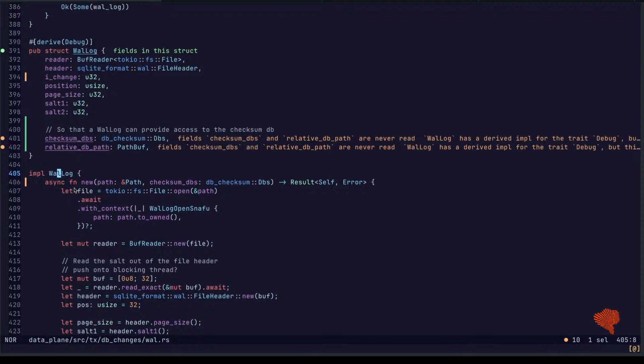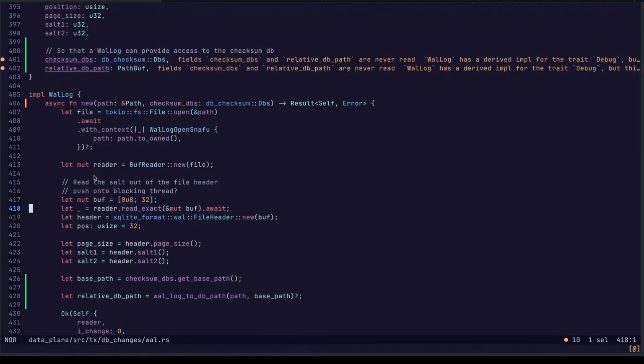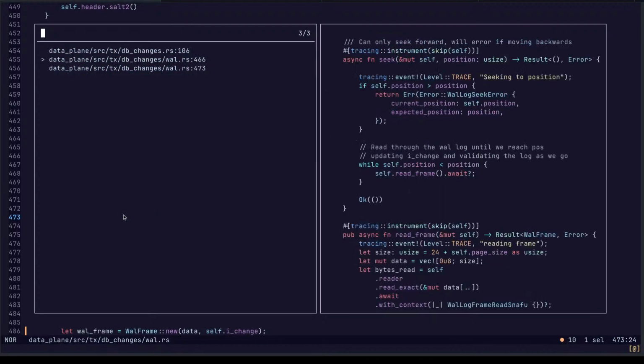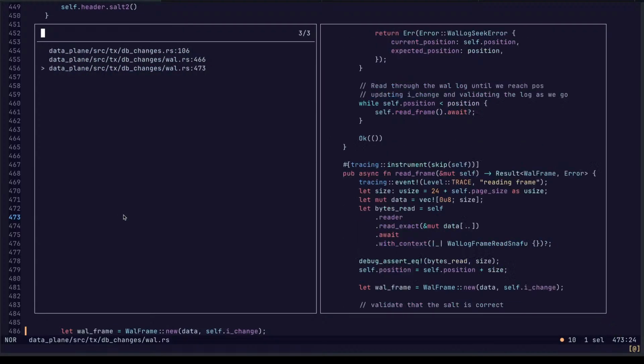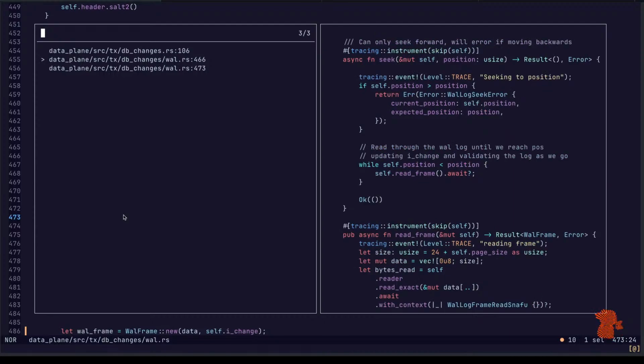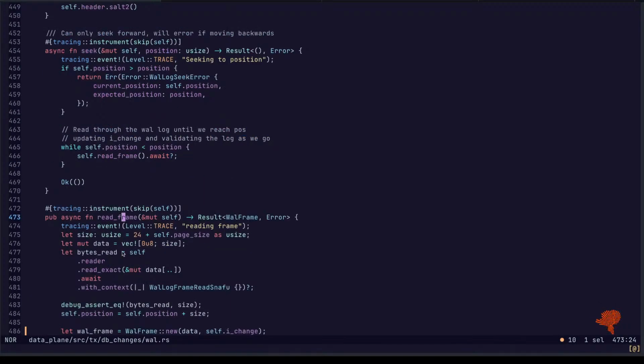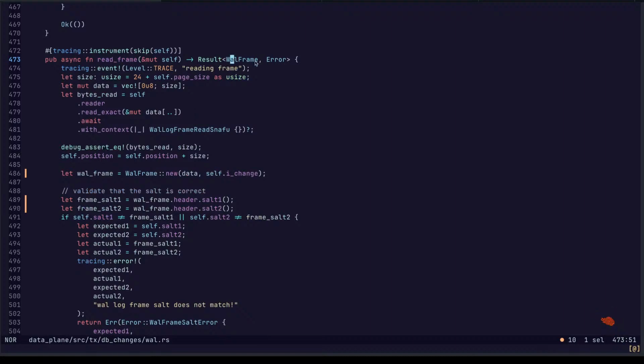Do we have our wall log? Where else is this read frame being used? I'm concerned that, yes, we use it in Seek. There are two different concerns. One is reading ahead. The other is reading a transaction and actually using the frames that are produced. For send transactions, we actually want that transaction.